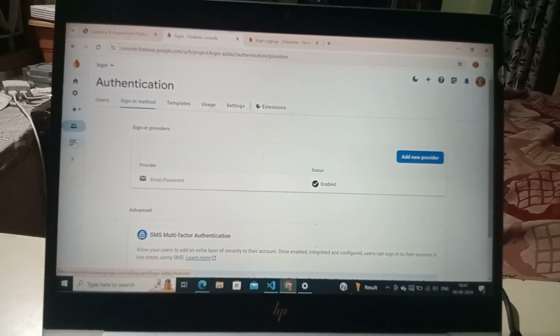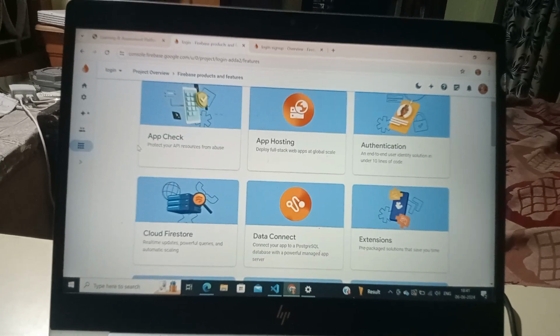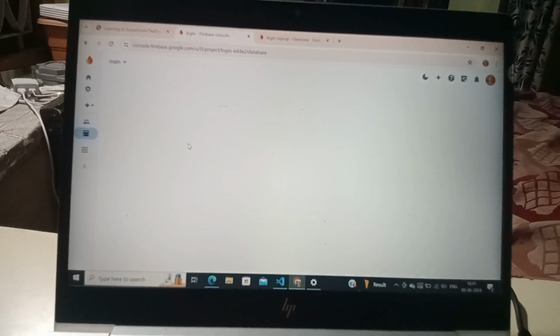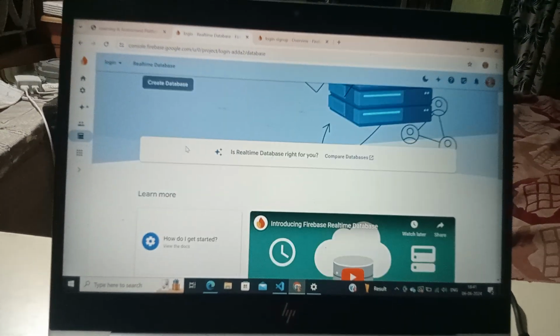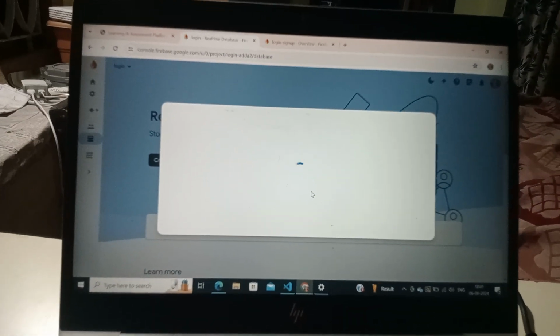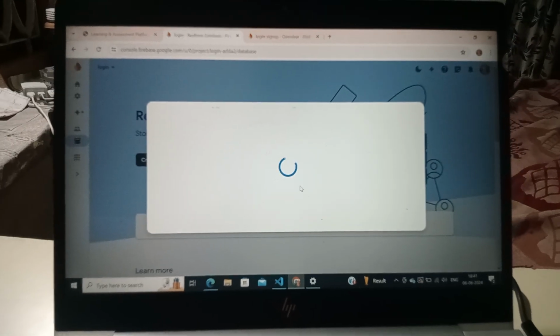Then next go to builds and go to the real-time database. In this we will create a database.